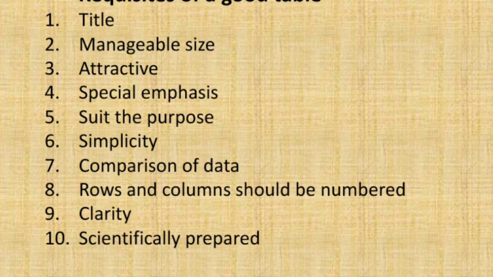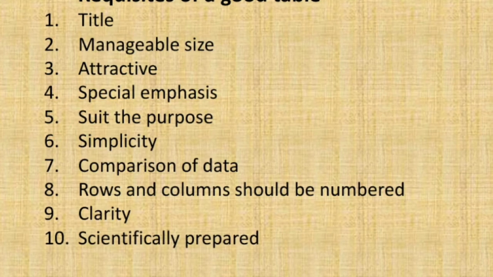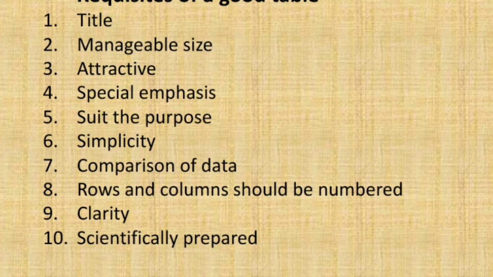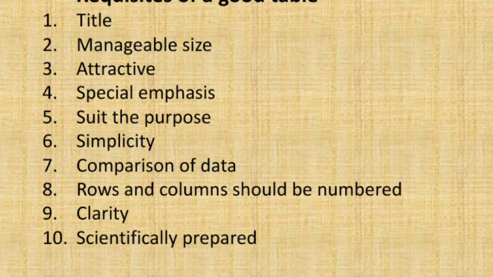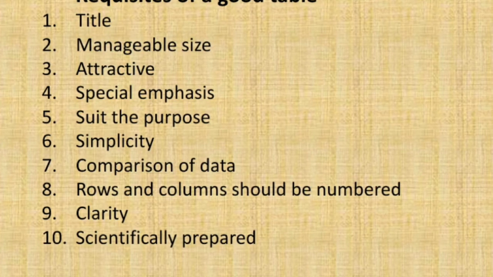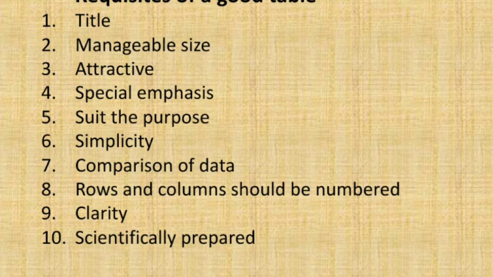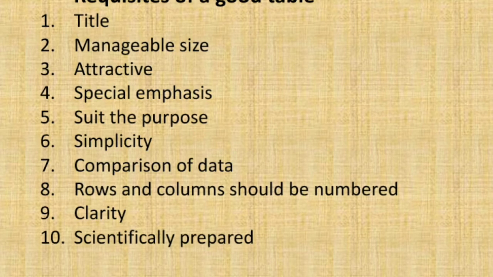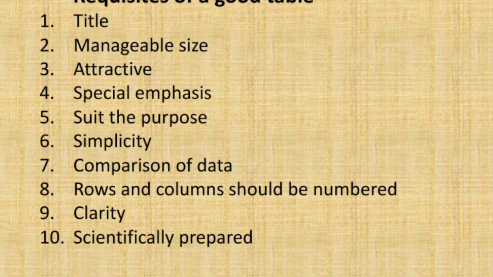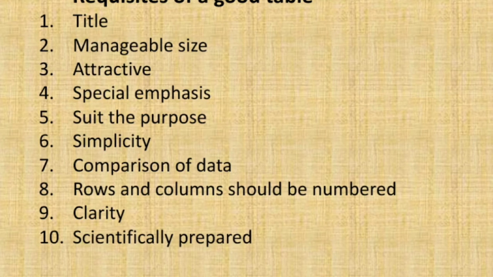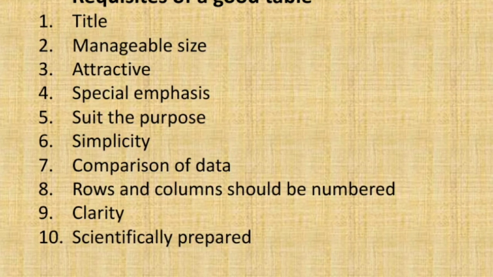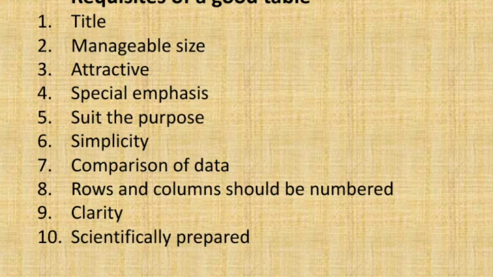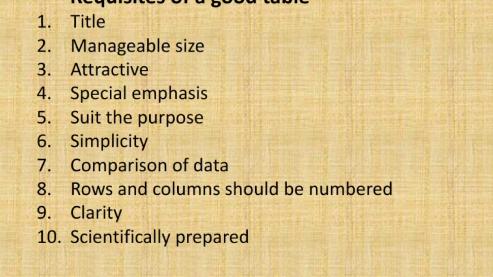The fourth point I have mentioned here is special emphasis. Emphasis means importance. The data which are to be compared should be placed on the left hand side. Left hand side means what? What is the first column? That is the caption. Okay, caption headings will be there. And again, all the rest of the columns and rows should also be properly presented. The subheadings should be properly written. The caption heading should be properly written. And that is what we have to see. That will make the table attractive and purposeful.